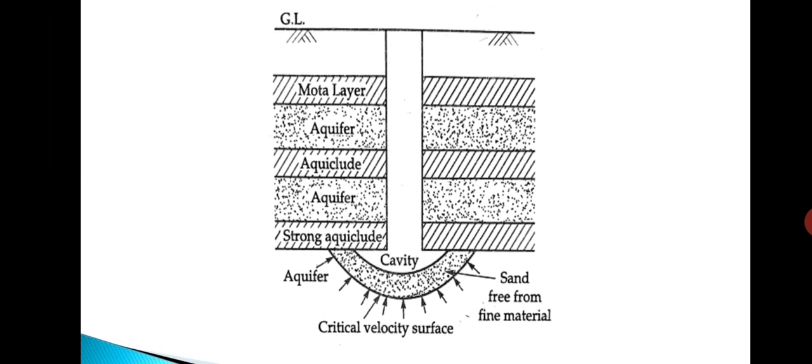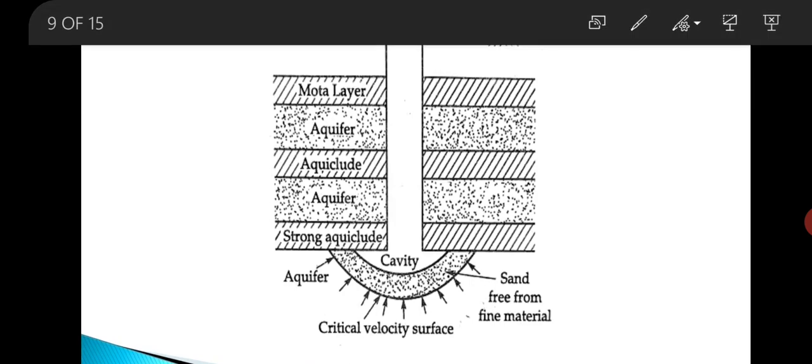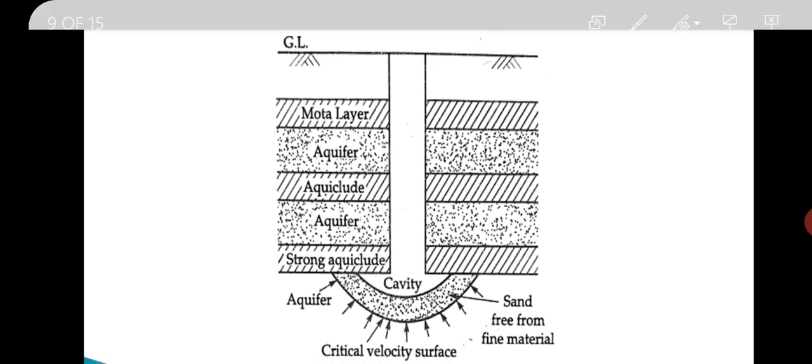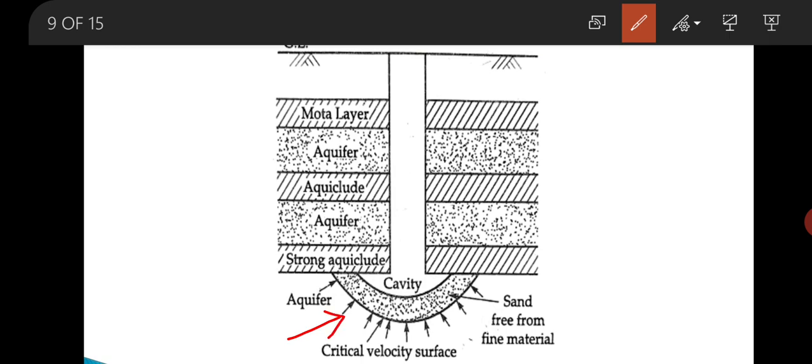So, this is the image of a cavity type tubewell. A cavity type tubewell draws water from the bottom of the well. You can see here it will draw water from the bottom of the well and not from the sides. This will not get water from the sides, it will get water from the bottom. Therefore, the flow in a cavity well is spherical,